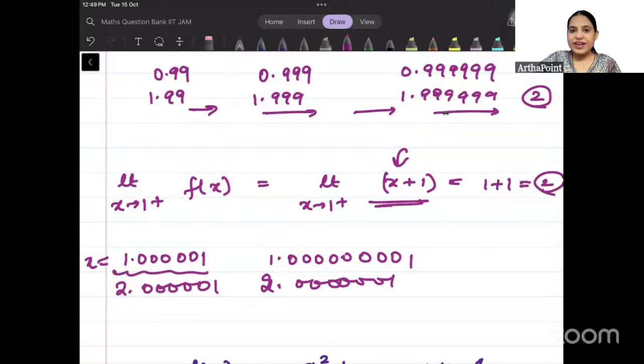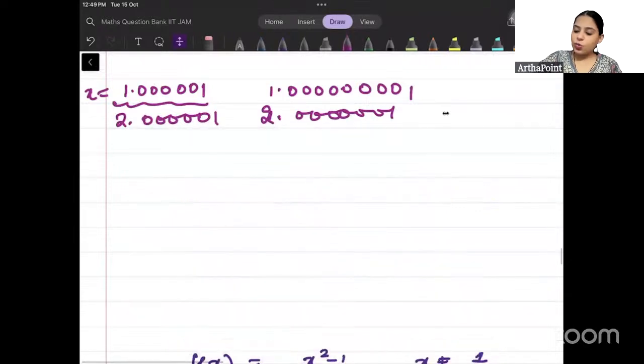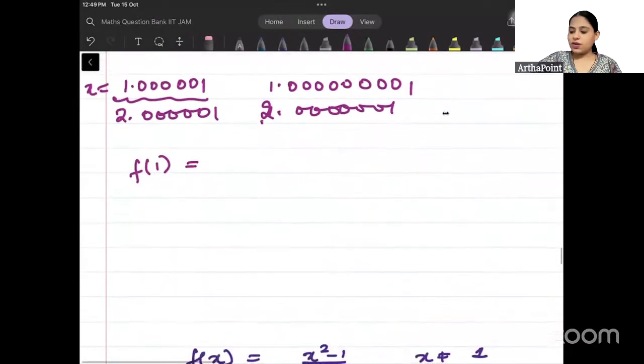Right? When it is a very straightforward function like x plus 1, x plus 2, there is no denominator, nothing. There is no need of anything. We have done method number 1, where you simply plug in the value and you get the answer of the limit. So you see that both ways you are approaching 2. And of course, you can go ahead and find the value of function at 1 also. So if I just plug 1 here, I will get 1 plus 1, which means 2.